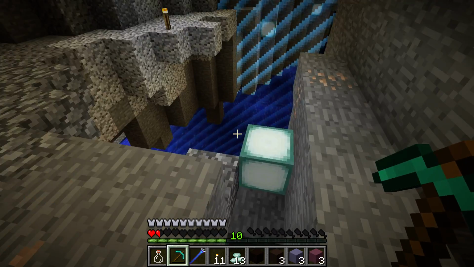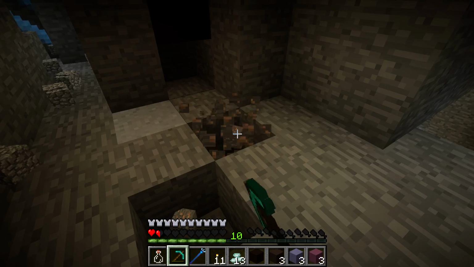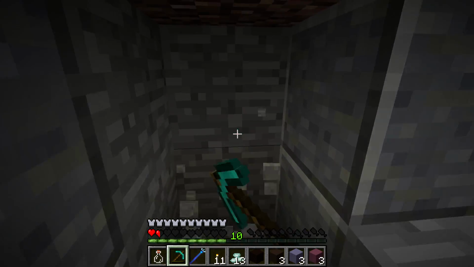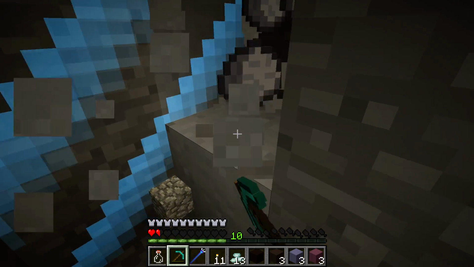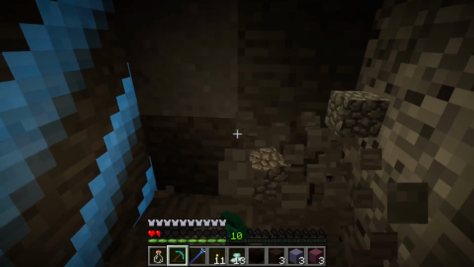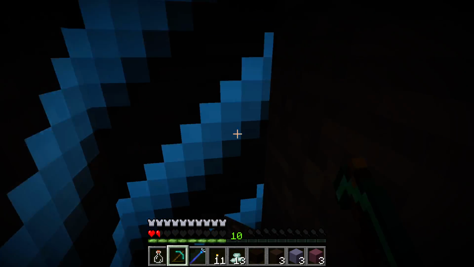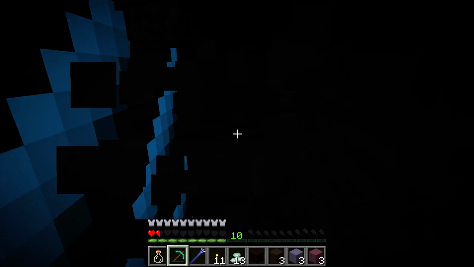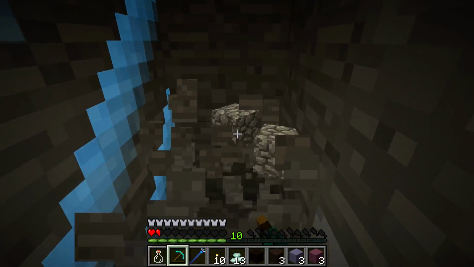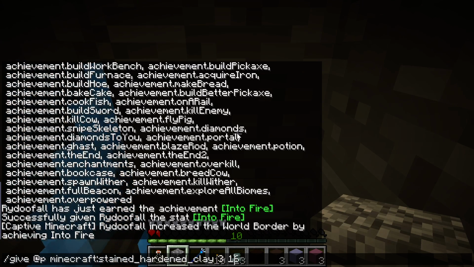And that gets back to this section. Some more iron here. Iron here, iron here, iron here. We have Zisto's grave. Let's dig behind it and see if there's anything secret. Doesn't seem like it. Put down a torch. It's time to give myself a